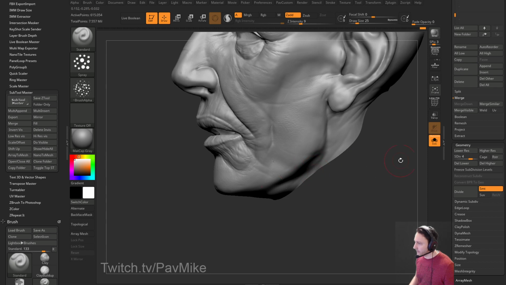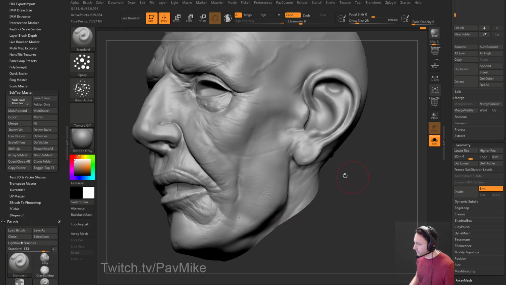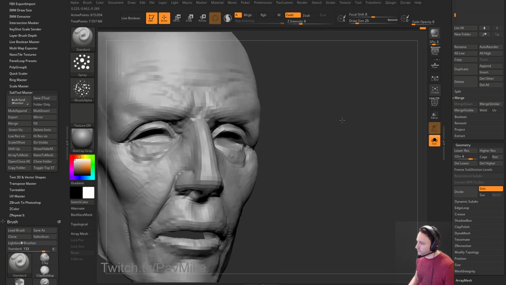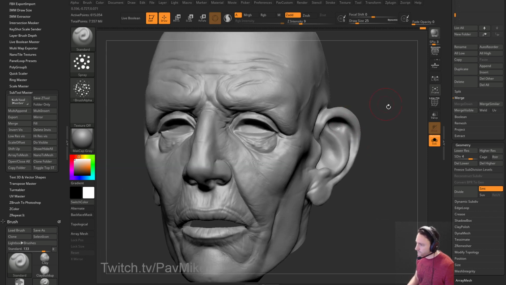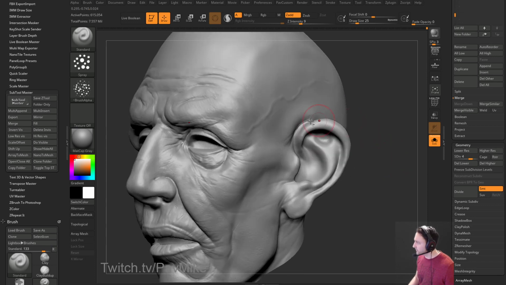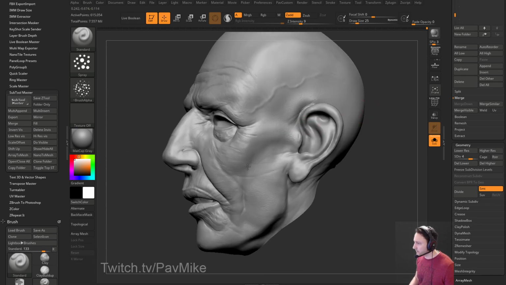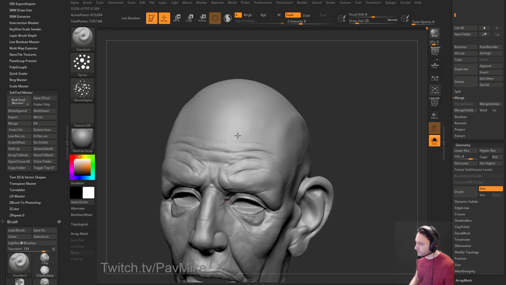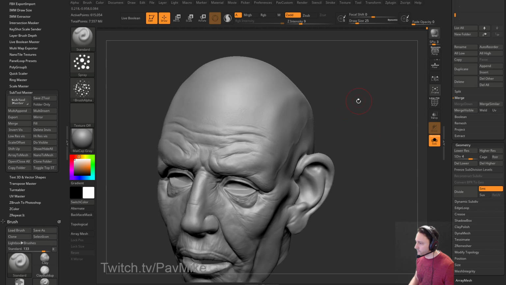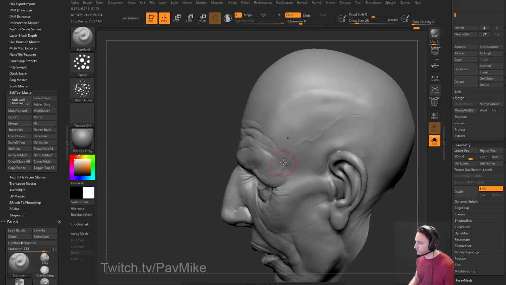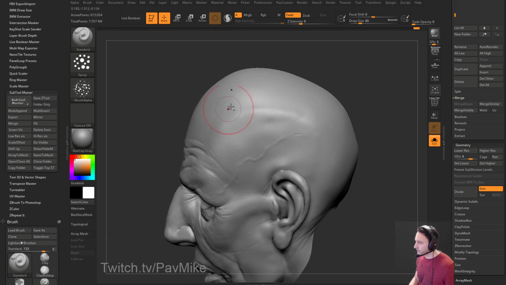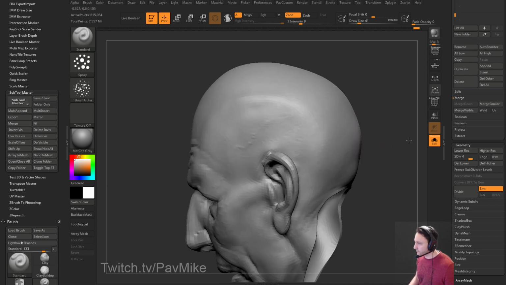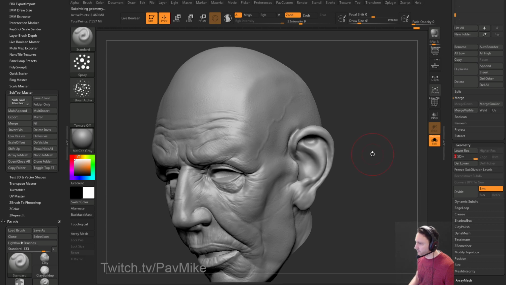And you could have alphas for all sorts of this stuff. You could literally paint neck alphas onto the neck, and eyebrow, nose pore alphas onto the nose. The world is your oyster. Ear pore detail. I'm playing a little bit fast and loose here, but you get the point. And again, I'm on subdivision level 4. I'm just modulating the surface a little bit, and then we go up to level 5,